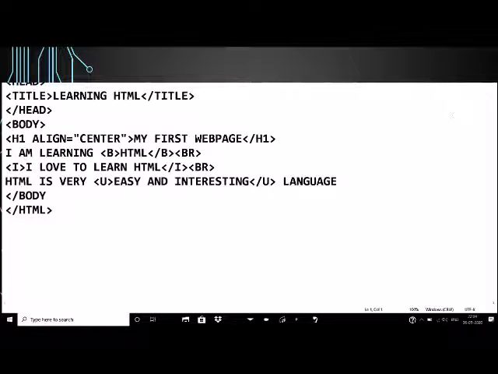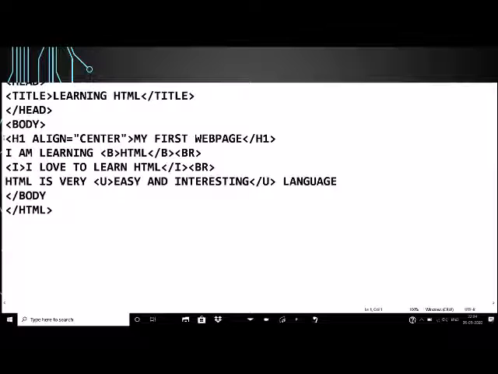This is the document that we had created in our earlier session, and in this document I had used the basic structural tags: HTML, head, body, title, and a few formatting tags.